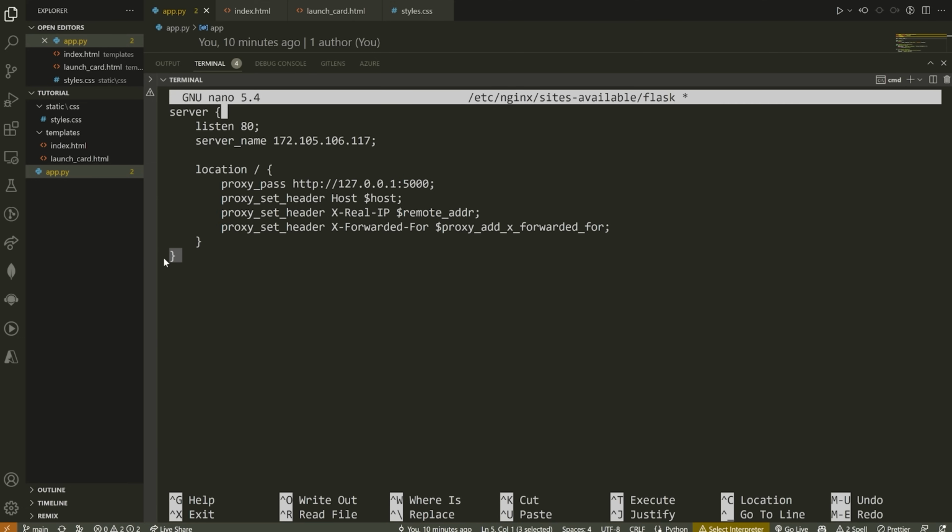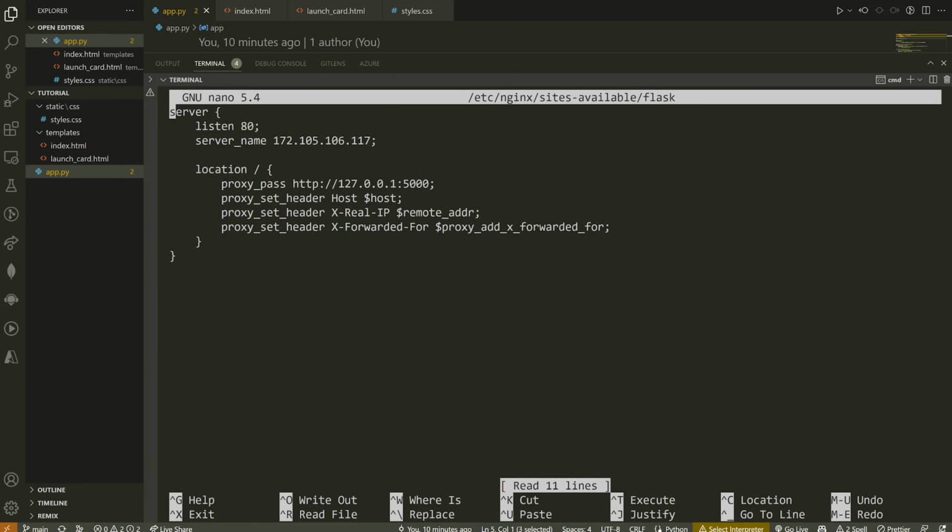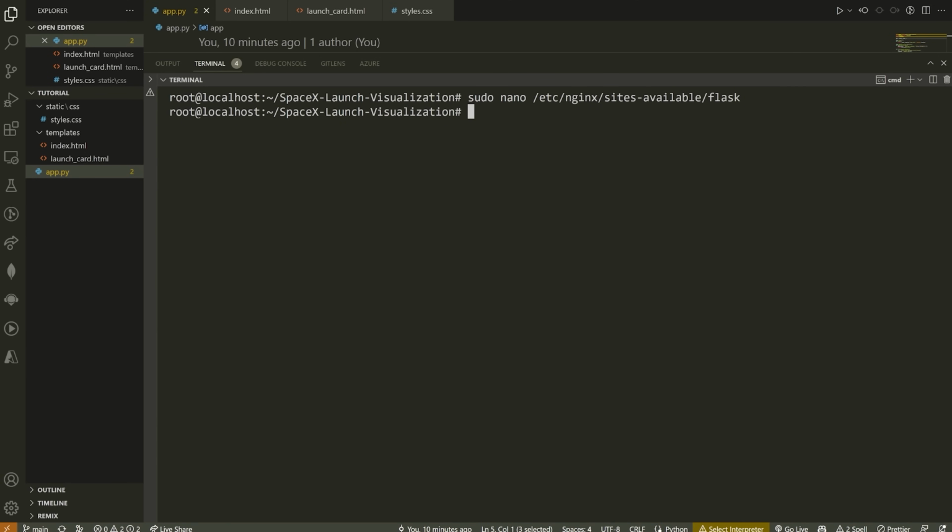Then we close the brace, close the additional brace, save this with Control S, okay? Control S on your keyboard saves. Control X is going to quit. Okay, if we open that up again, you can see this is what we have. Pause the video if you need to copy this in. Okay, Control X, we're out of there.